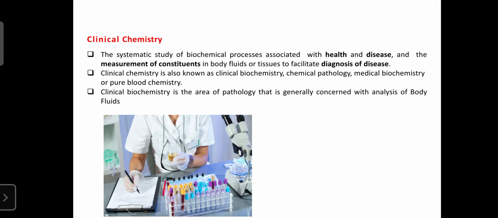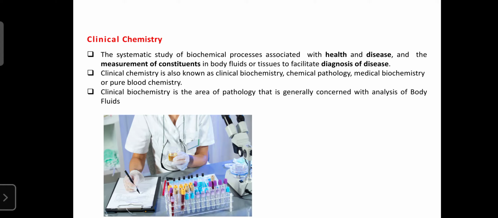Enzymes are involved in the metabolism of proteins, lipids, or carbohydrates. If you target the diagnosis of that enzyme, you can get a clue that due to lack of glucose metabolism, the glucose level increases. So clinical chemistry is the systematic study of biochemical processes associated with health and disease,